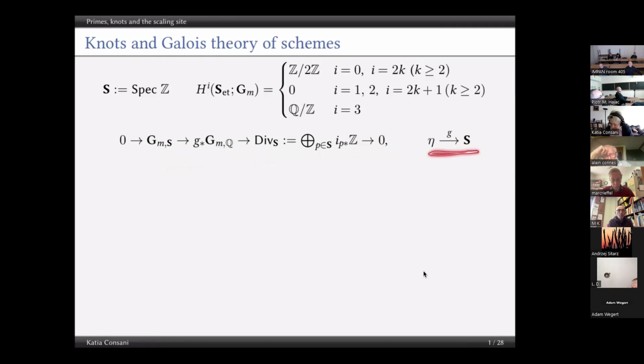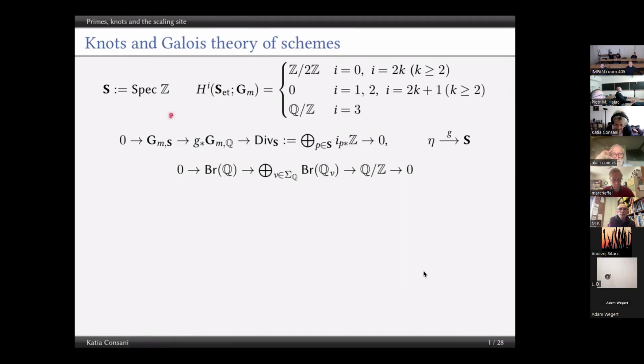So we play with the generic point, we introduce the map of the generic point in spec Z, and out of it, we construct these short exact sequences of sheaves in the étale topology. So here you see that from the exactness, when you have a short exact sequence of sheaves, and if the cohomology is well managed, you have a long exact sequence of cohomologies, and then one starts to run in the long exact sequence